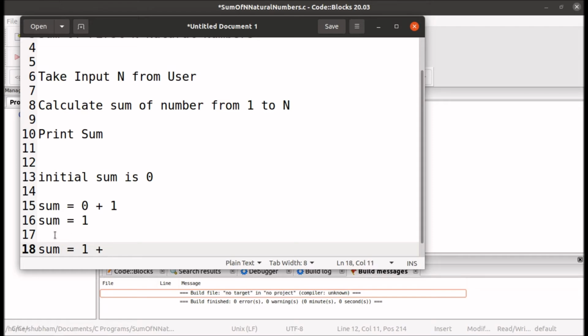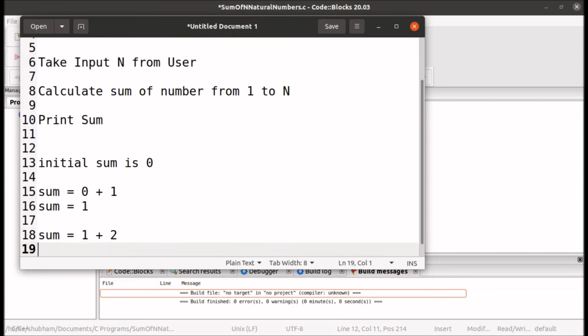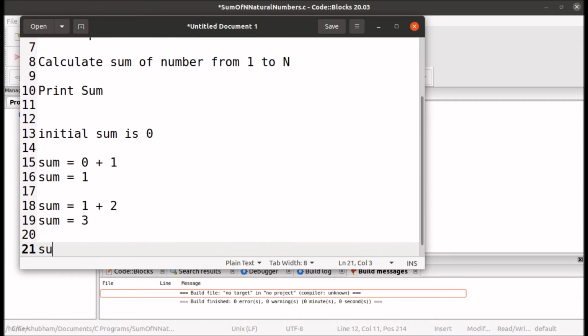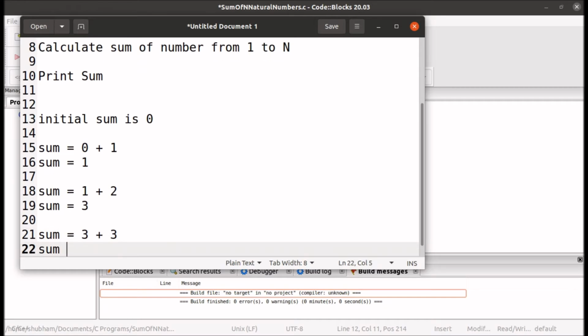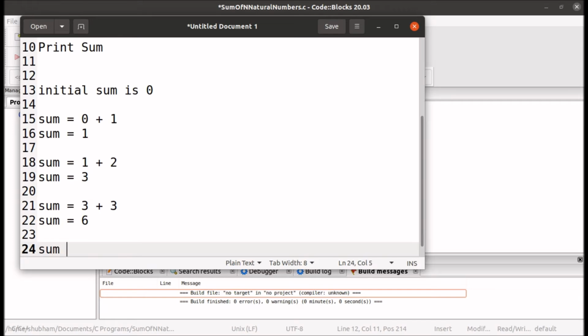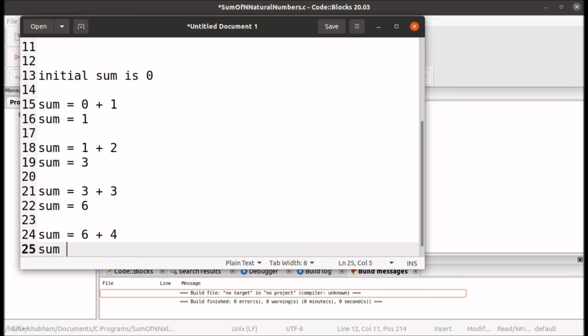Initially counter is 1, now it will increase by 1, so 1 plus 1 is 2, and the value which will be stored in sum is sum equals to 1 plus 2, so sum will become 3. Now sum is 3 plus the new value of counter which is 3, so sum will become 6. Now sum is 6 and the new value of counter which is 4, so sum will become 10. I hope you understand the logic.